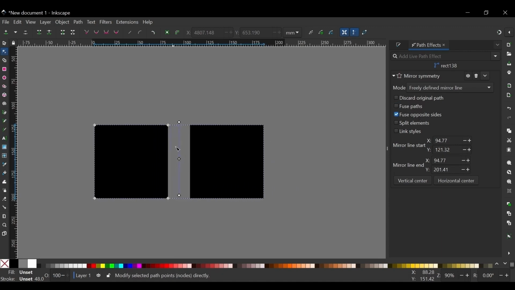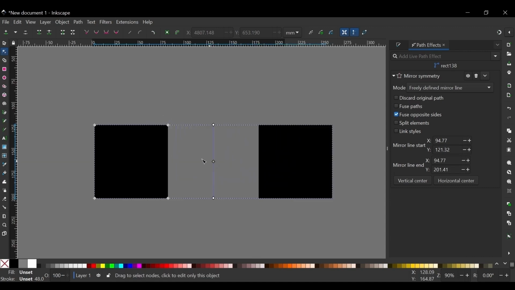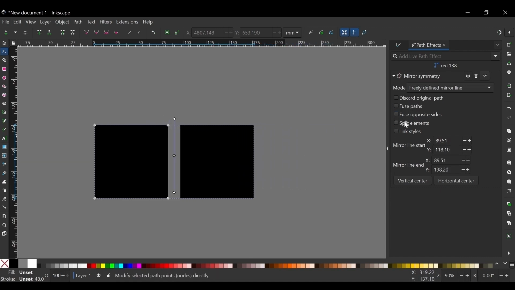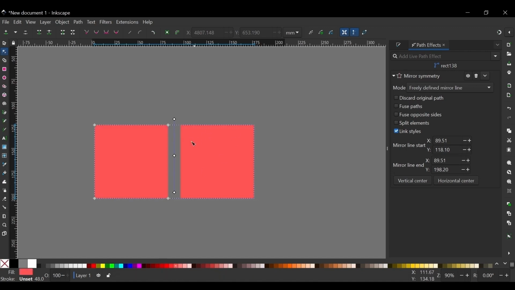The fuse opposite sides option gives the same result as the default. So if I try to move this in, it gives the same result. Split elements splits the two elements apart, and now you can edit them separately. And link styles just makes it so that the new copy takes on the colors of the original. So if I click on the original and change the color, it's going to be applied automatically to the new